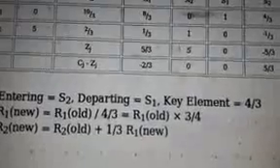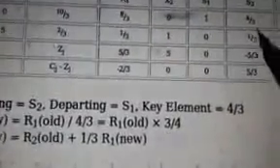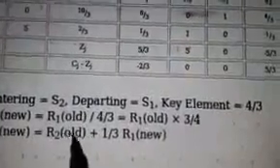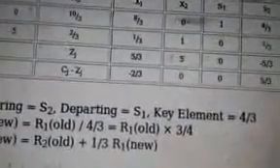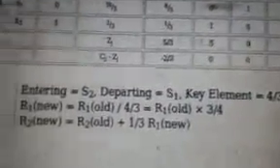The leaving vector is what? S1 is the leaving vector. And 4 by 3 is the key element, this is the entering, the intersecting point, that is the pivot element, the key element. Now row 1 new is equal to row 1 old divided by 4 by 3, because it makes a 1. Now row 2 new is equal to row 2 old plus 1 by 3 row 1, for making 0. So by taking this logic, you do the next table.